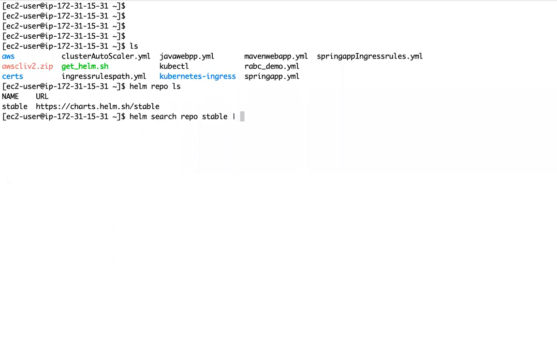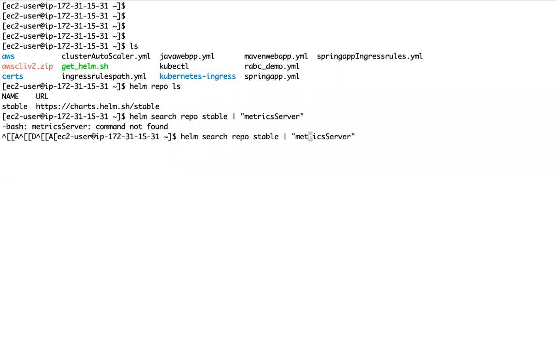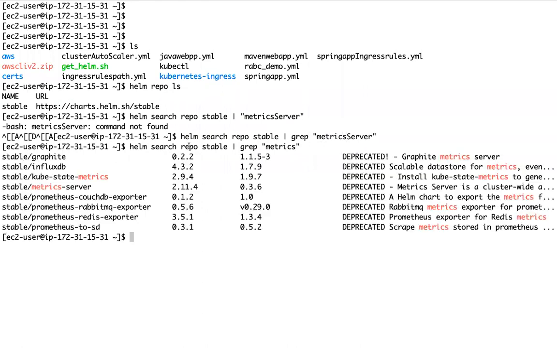Now let me search for metric server. That is available as part of this one.